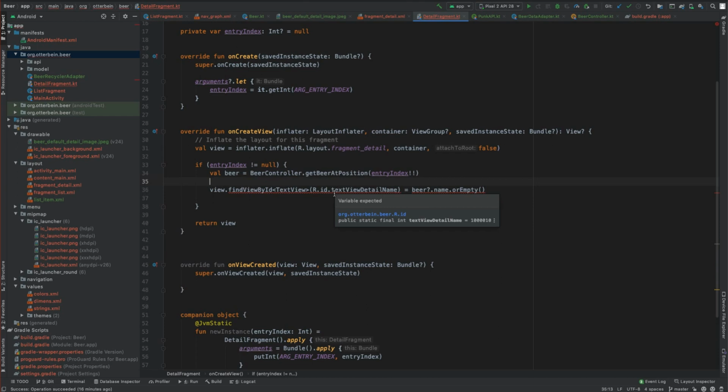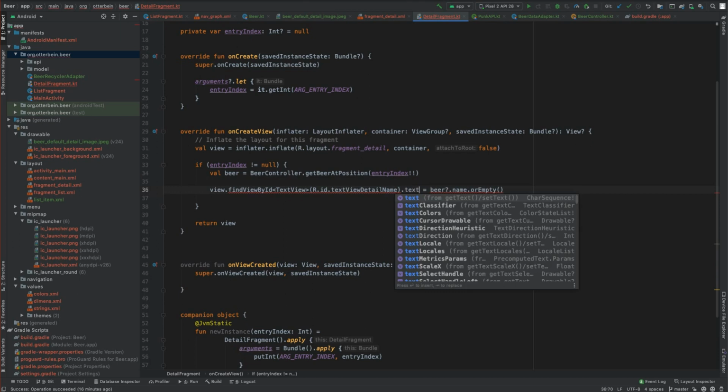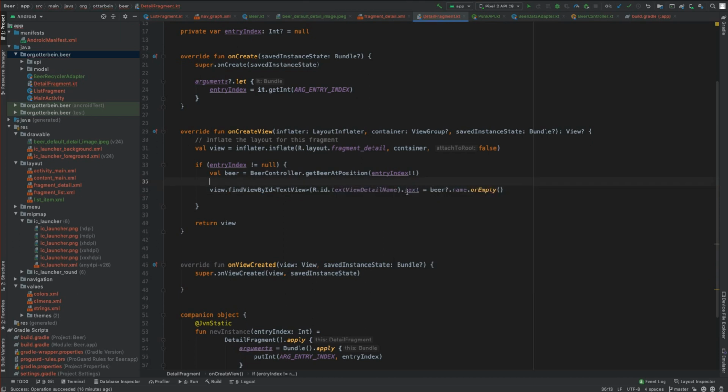Looks like it should be all right. Value expected. View is not an optional. Find view by ID. It's a text view. Right, text view. Oh, huh. Whoops. Dot text. We're actually setting the property. So what are we doing? We're just going out, finding the detail name, and setting the text property to be beer. Okay. So I can just copy this,